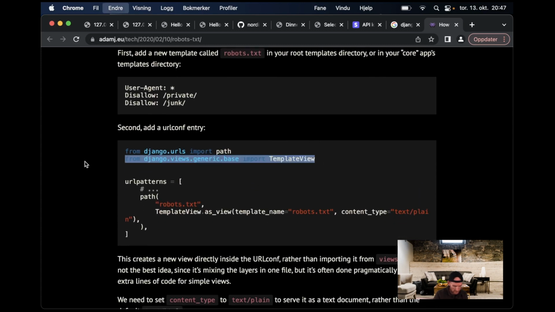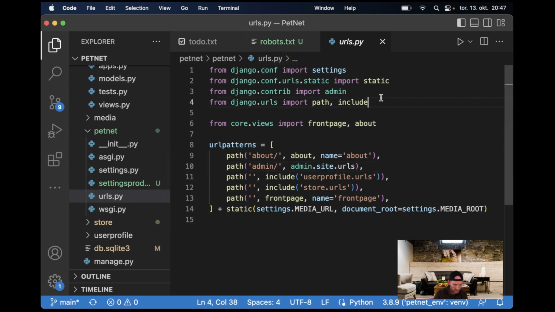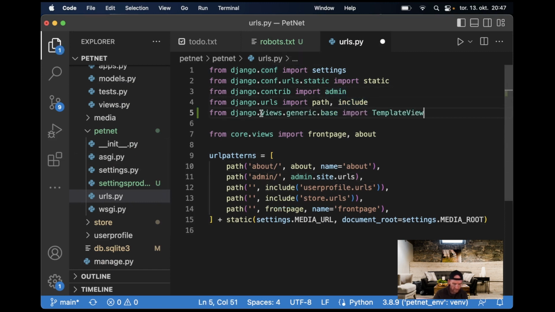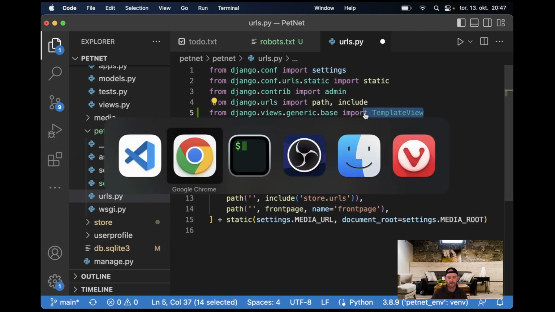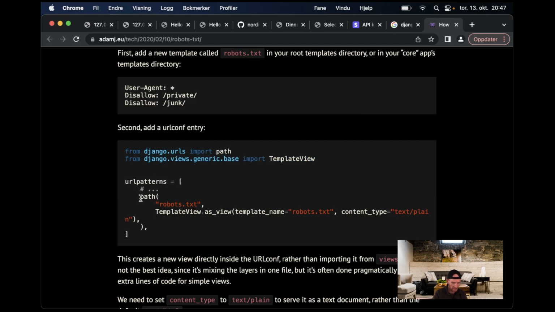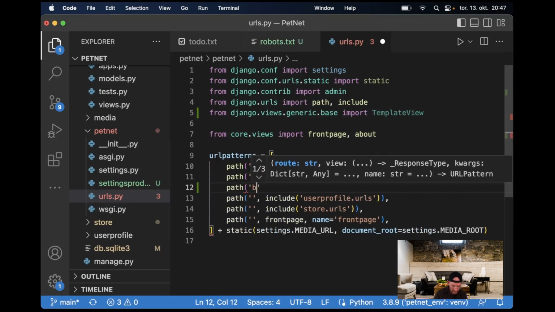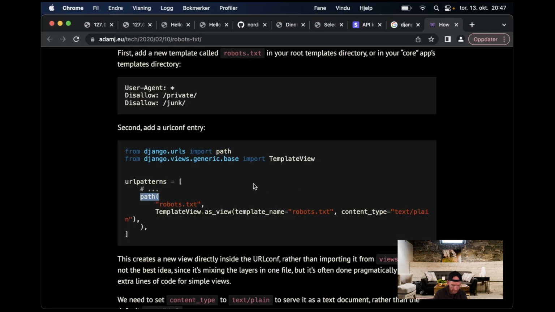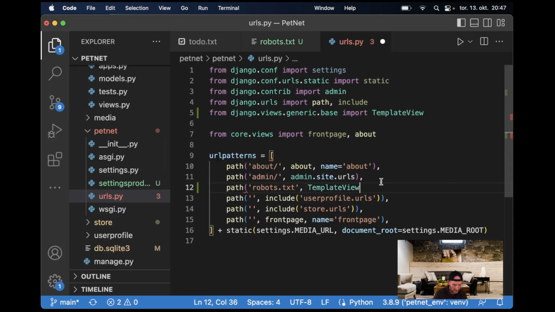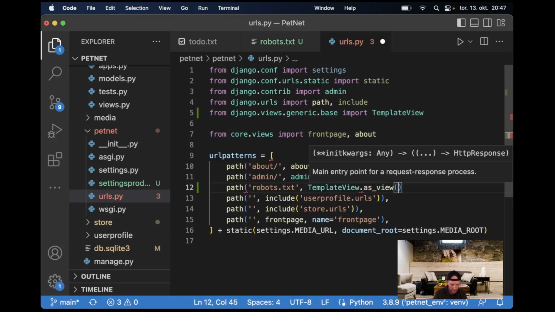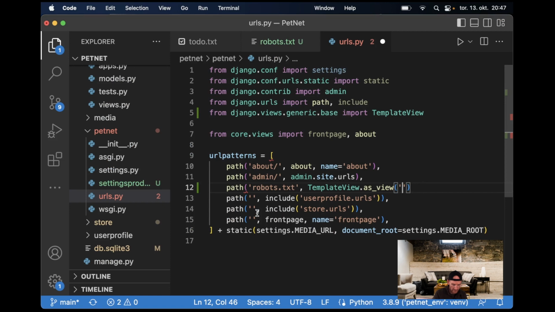Then I need to import from django.views.generic.base import TemplateView, because we view the text as a template file. And then we add a new path, robots.txt, and I do not want a slash there. And then TemplateView.as_view, and I just pass in the template name I'm going to use, which is